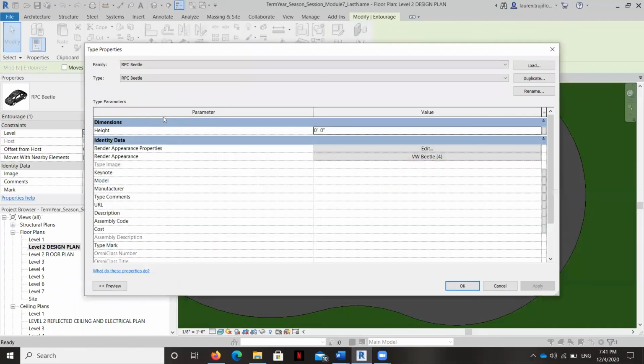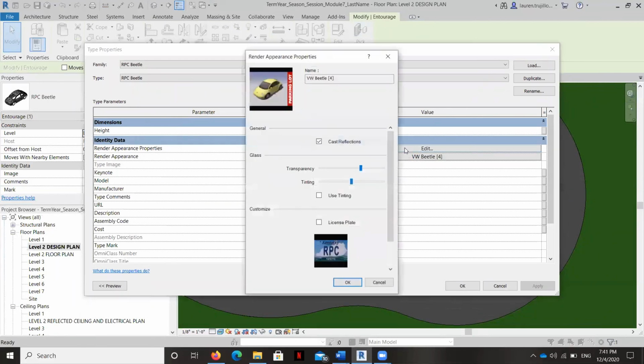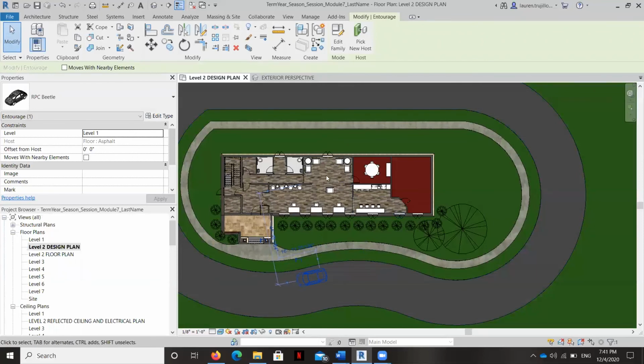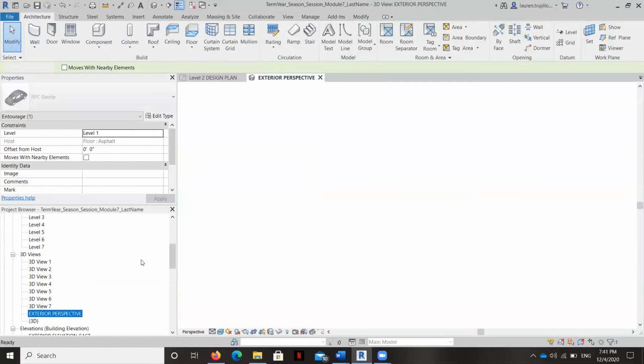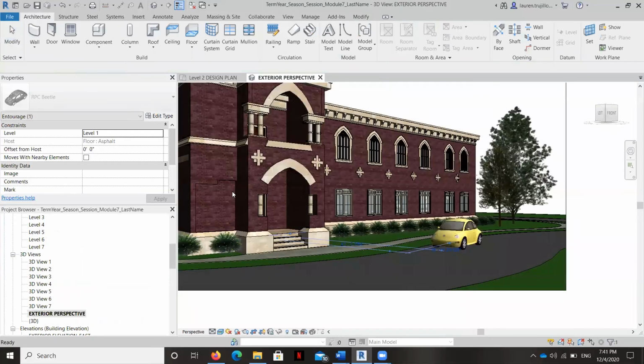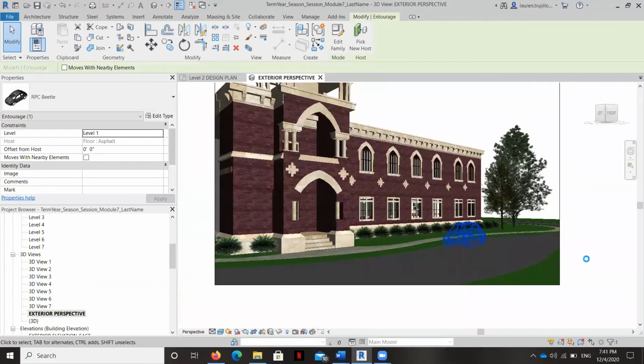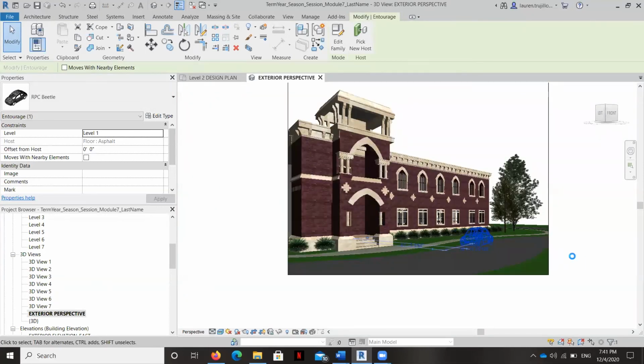Do we get to change the color? Let's see. Isn't that neat? All right. Okay, one more look. Okay, so now it's a little bit closer in view and less distracting, so that will look wonderful.